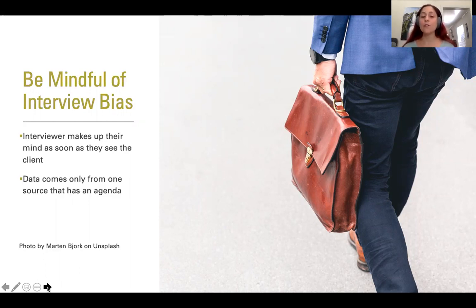You also want to be mindful of gathering information from only one source. So in most cases, the bulk of information we get from a client is going to be from the client, right? And that's true of the psychosocial history and everything else. But whenever possible, it is helpful to get information from other sources. So for example, if you're working with a child, getting information from their parents could be very useful. If you have that opportunity and you can get a release of information signed, that's always helpful, and it's going to give you a bit more of an unbiased perspective on what's actually going on for the client and which areas of their lives are being affected by their symptoms.